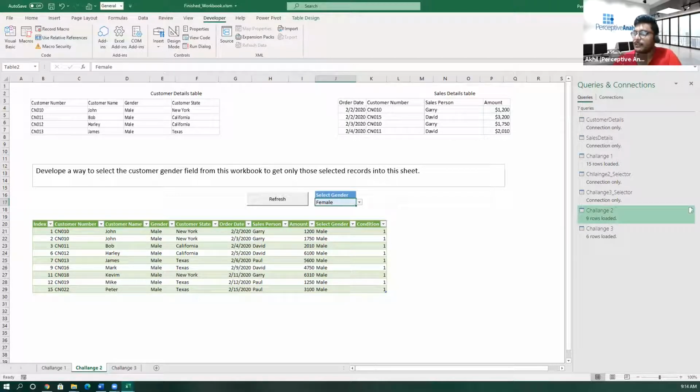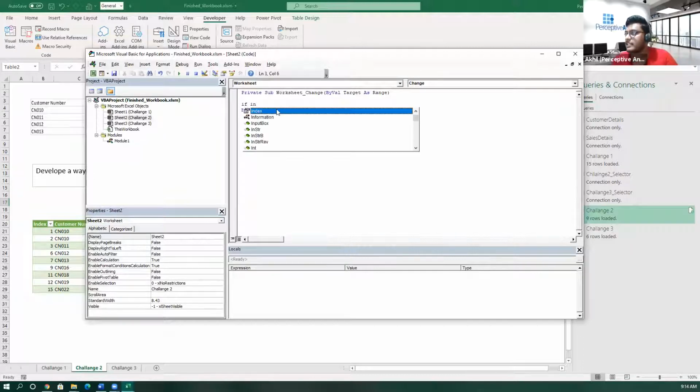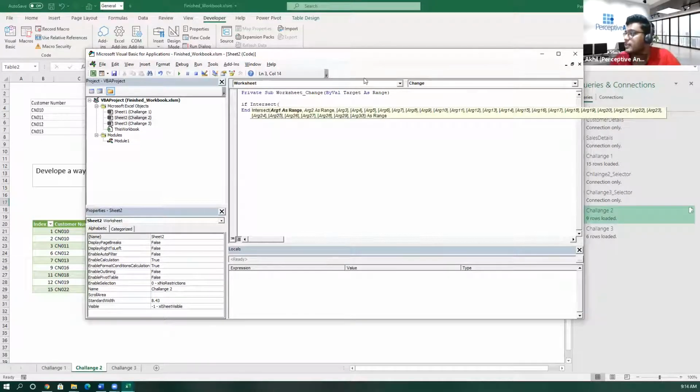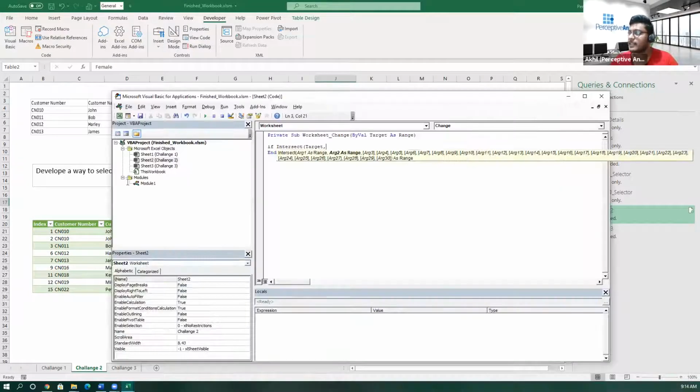We need to assign that macro, so to do that we'll have an If condition. I'll use the function Intersect. You can see here, Target is the cell that got changed. So Intersect(Target, and then what cell we want to check? We want to check for J17, Range("J17"), whether the target and J17 intersect. If they intersect, then we want to run that particular macro.